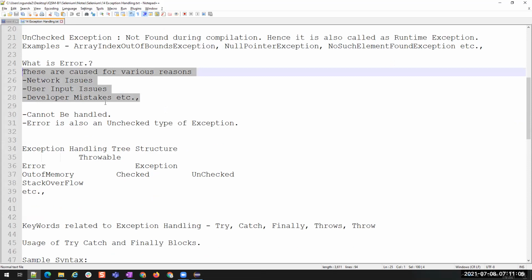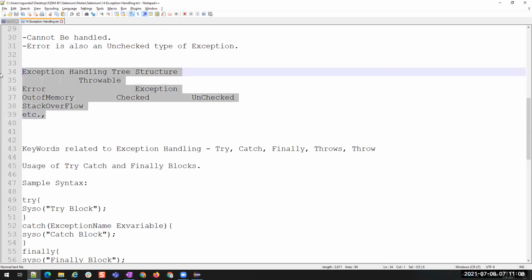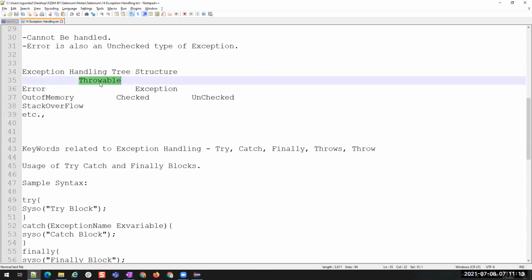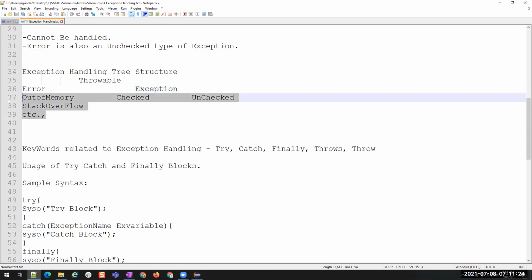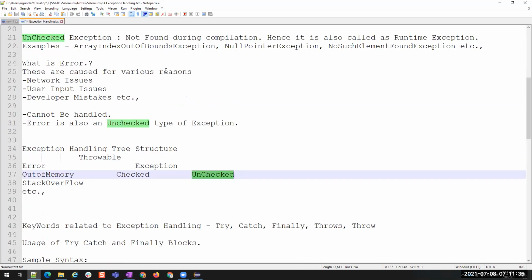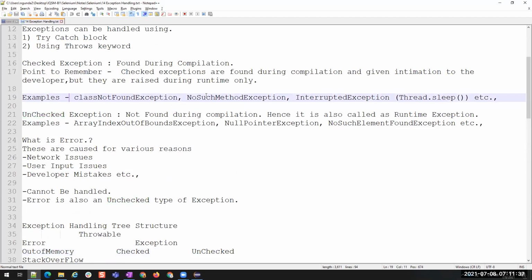That's all. And we have seen the hierarchy of the exception handling classes. So the parent class for all the exceptions is Throwable. And then Throwable is divided into two subclasses called Error and Exception. Again, under Error we have few things, error messages like out of memory, stack overflow error, all those kind of things. Exception is divided into checked and unchecked. And we have examples for checked and unchecked here. All right, these are all the examples for checked exceptions, and these are all the examples for unchecked exceptions.